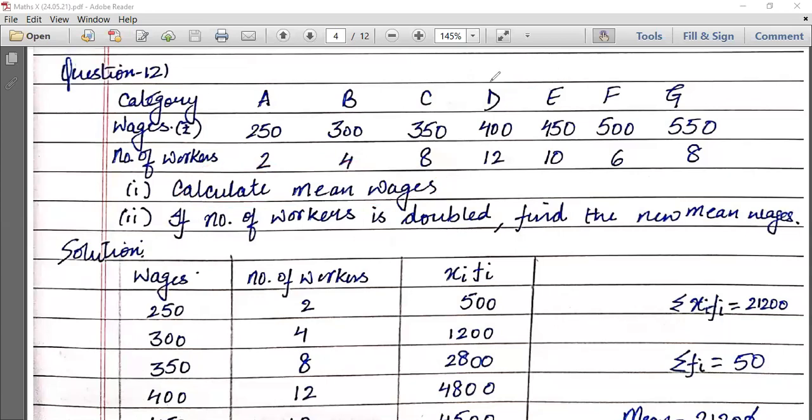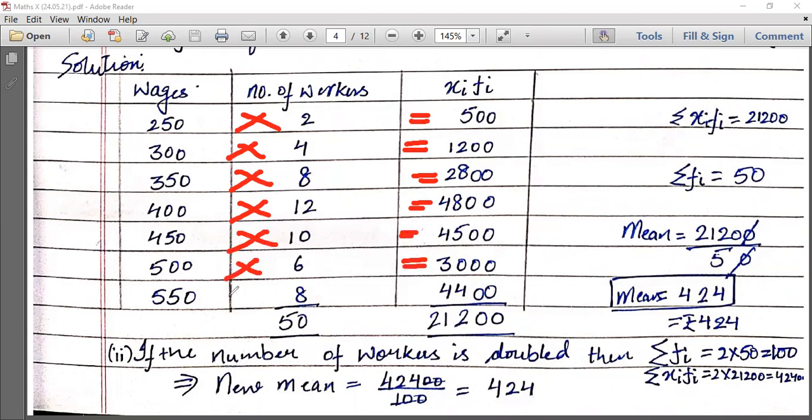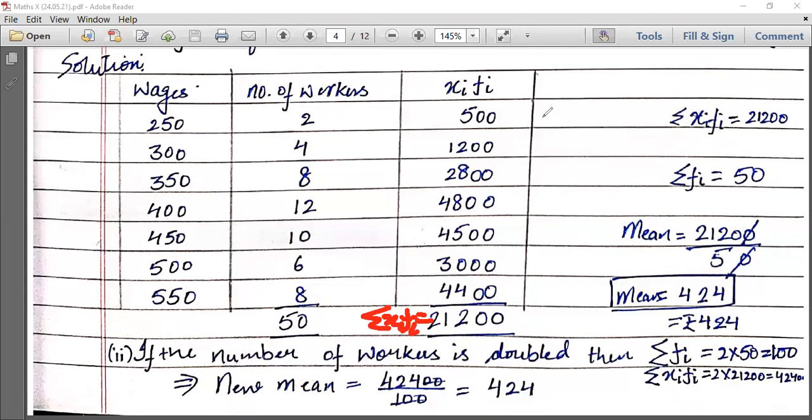So children, in the direct method, you have to write xi fi. Multiply each xi with its fi. So 250 into 2, 500. 300 into 4, 1200. 350 into 8, 2800. 400 into 12, 4800. 450 into 10, 4500. 500 into 6, 3000. 550 into 8, that is 4400. So now, children, you have got all the xi fi. Now you know that you have to find summation xi fi, so you have to add all these values. So add it and you will get